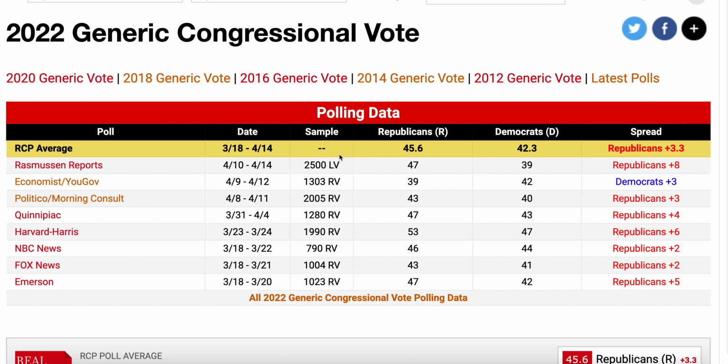They show the Republican Party ahead by 3, and they have 2,005 registered voters amongst the sample. The Economist YouGov poll is another one I explored. It shows the Democratic Party ahead. It is the only poll that shows the Democratic Party ahead, and I thought it would just be individually interesting